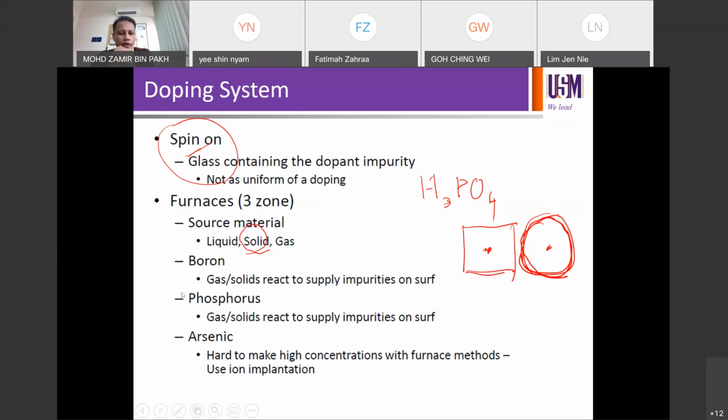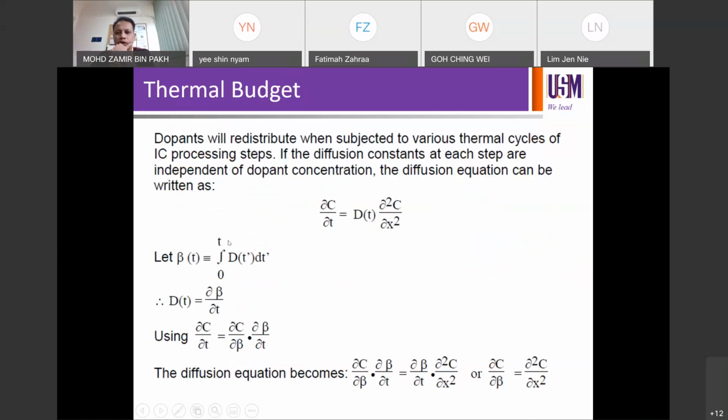Right, boron, phosphorus, arsenic. So these are standard, depending on what you want to use. Right, another thing that you have to be concerned with during a diffusion process is thermal budget. So thermal budget, if you can read here, dopant will redistribute when subjected to various cycles of IC